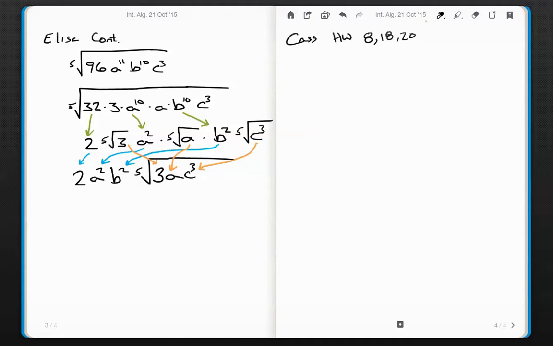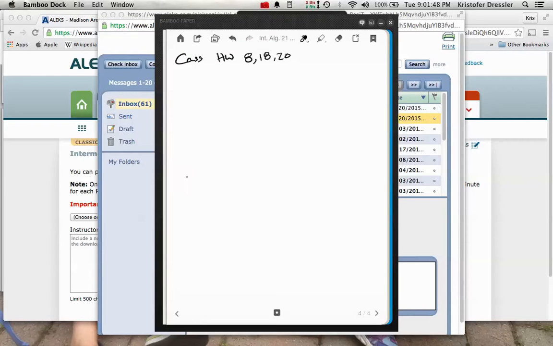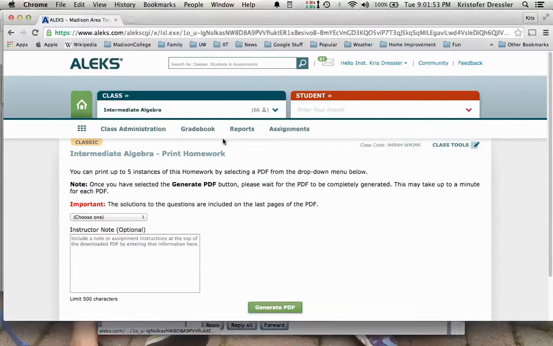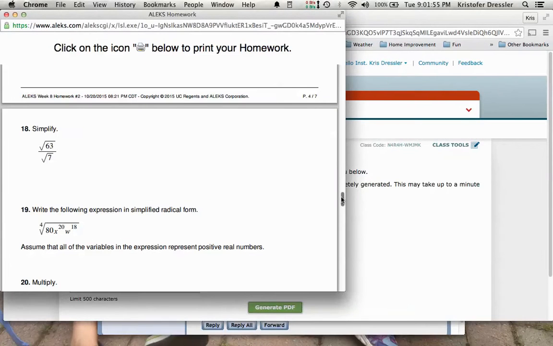Okay, so let's look at those. Now, I don't have the exact same homework here, but I've got one similar. So let's look at number